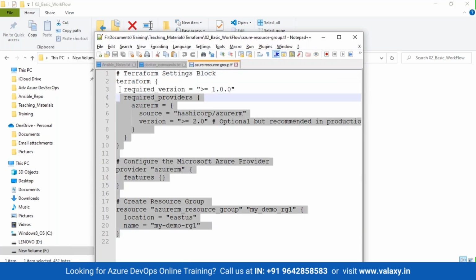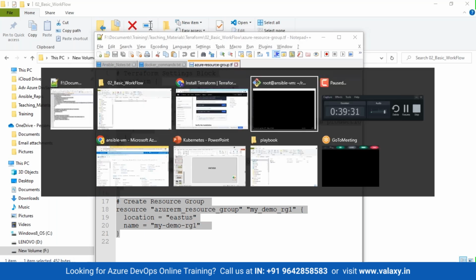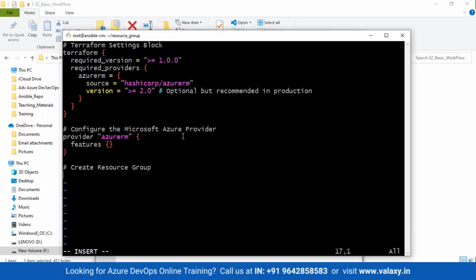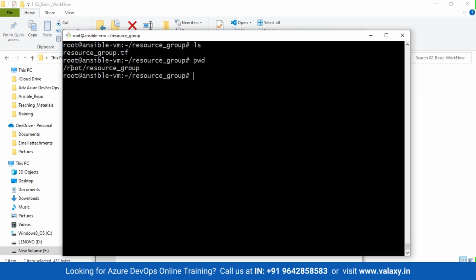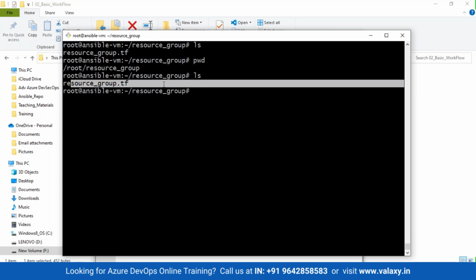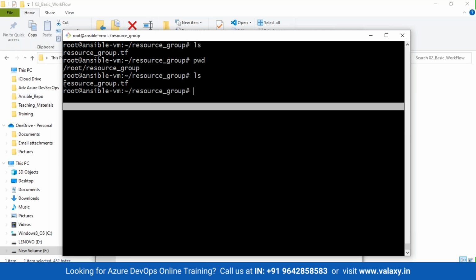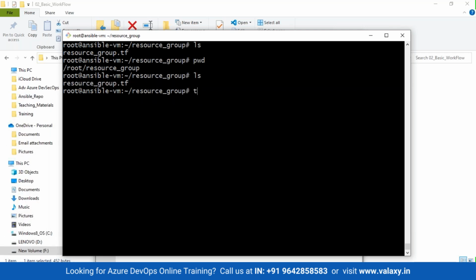Okay, it's the same configuration which we have already written previously. Copying, pasting the entire thing and putting it over here. Done. Let's verify and see where exactly I am right now. I'm inside the root resource group, inside where my configuration is. Okay, now I can go and run the command